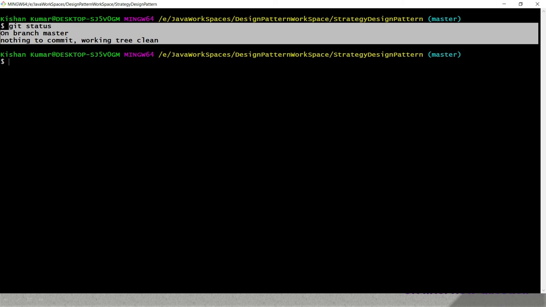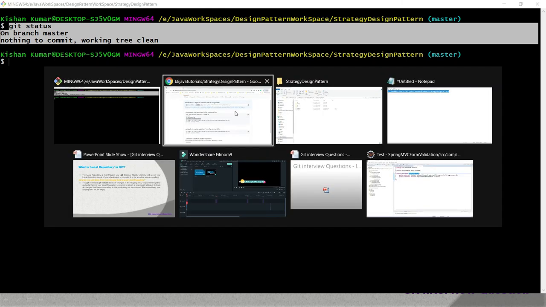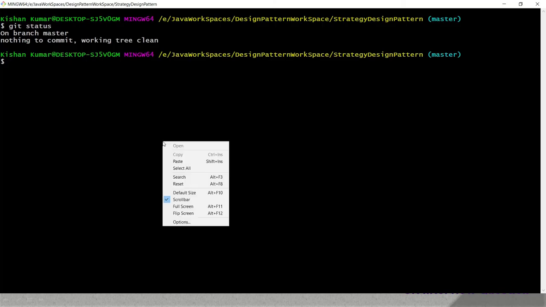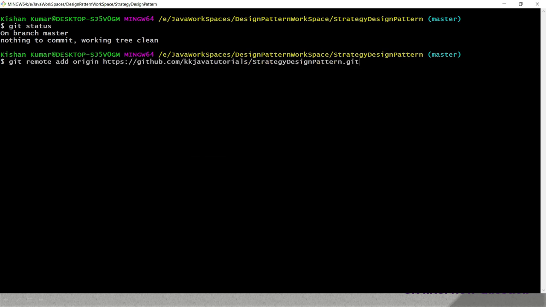If you want to push these changes into a remote repository, before that you will have to establish a link between your local repository and remote repository, and for that you need to issue this command. Let me execute this command. It is very easy to understand: git remote means we are linking a remote repository with our local repository.